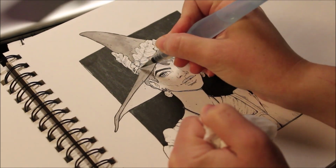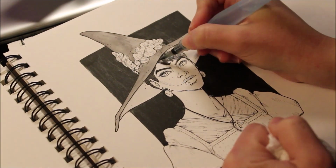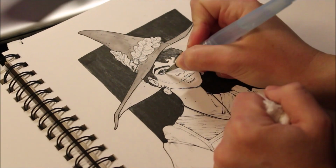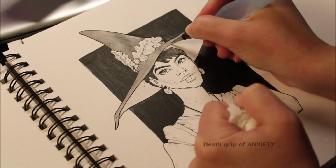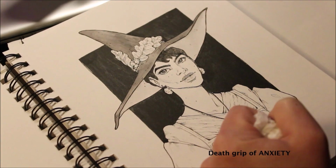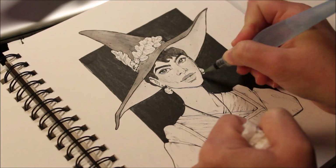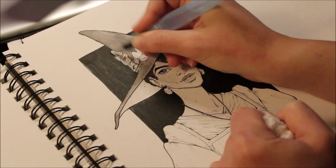I was debating whether or not I wanted to do that at all this year with Inktober. It felt so simple and boring as just the portrait that I wanted to add in something a little extra so it wasn't so plain. So that's all I'm doing here, I'm just going through some toning and some details with that watercolor pen,